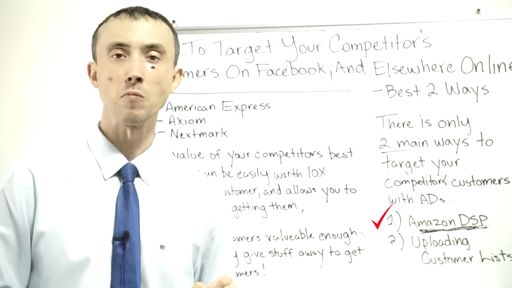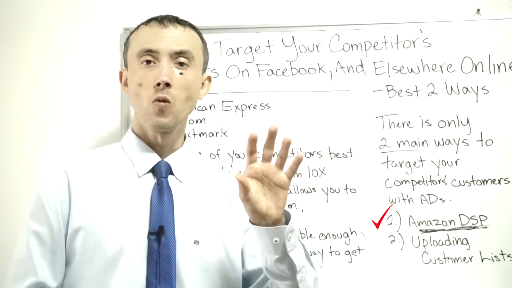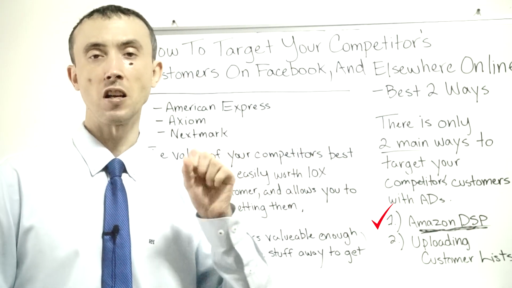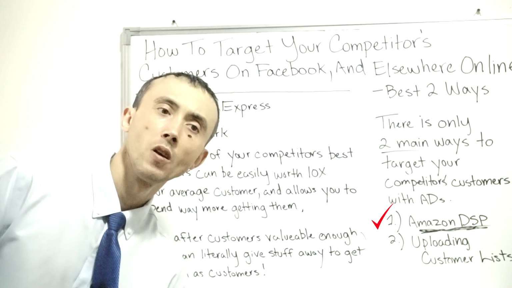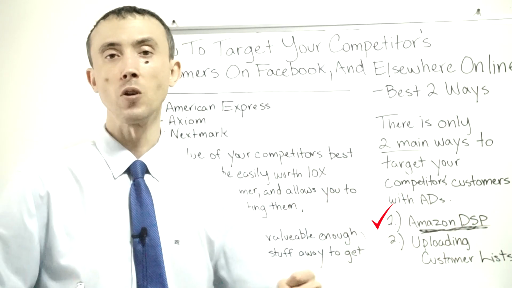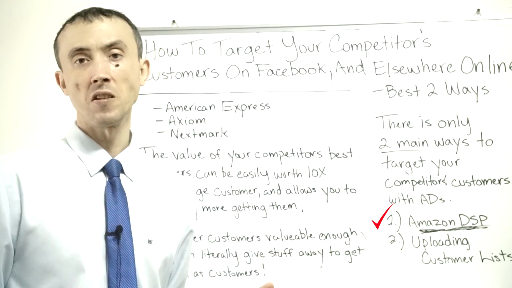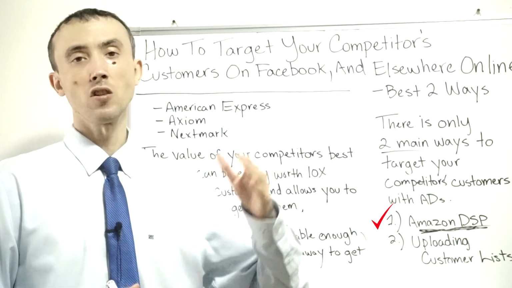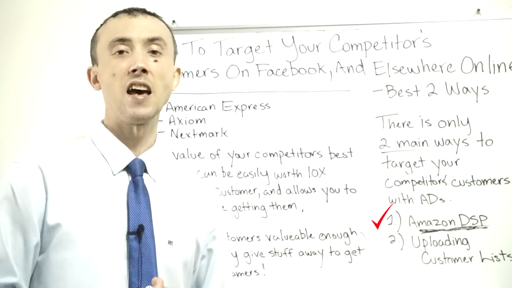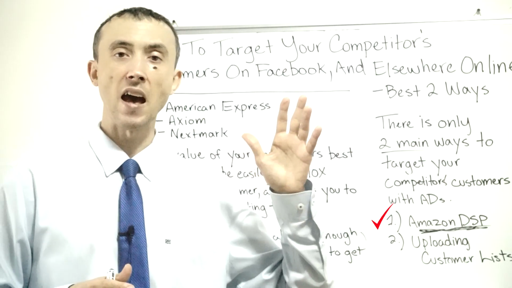Now, I've got a video about how to get around the Amazon DSP minimum spend requirement, which I encourage you to watch if you want to pursue that particular route of targeting your competitors' customers. Just to give you a clue as to what it is about, it's about going through somebody who already advertises on it and piggybacking on their account. So somebody else runs Amazon DSP, they already have an account, and you could just pay them: hey, I want to run $1,000 worth of ads in terms of an ad test targeting my competitors' customers, I'll give you $2,000 a month if you run my ads on your account.